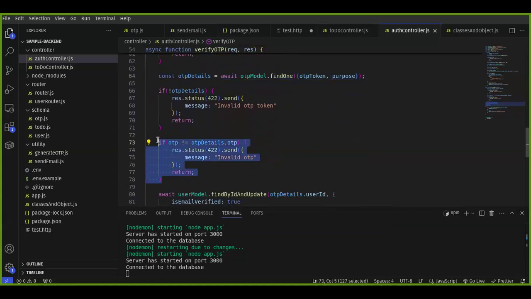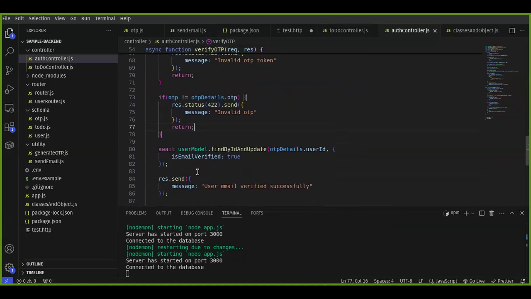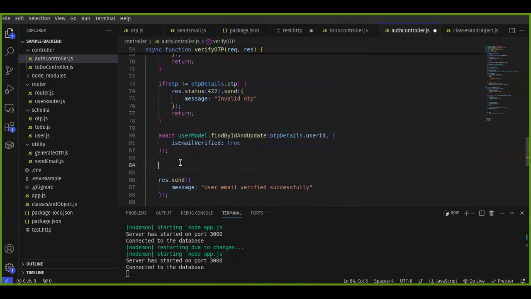Then we can check. Yeah, you can check if an OTP has been given before. In fact, that is the reason why, once you finish doing this verification, the next thing you should do is say await OTP model dot